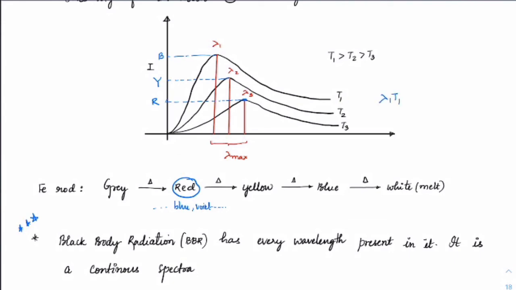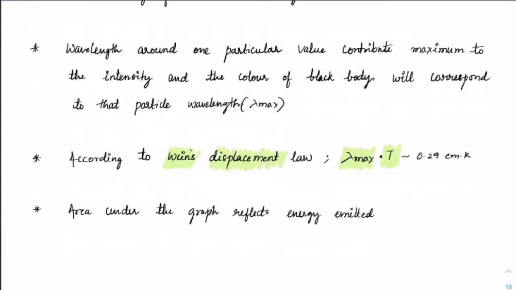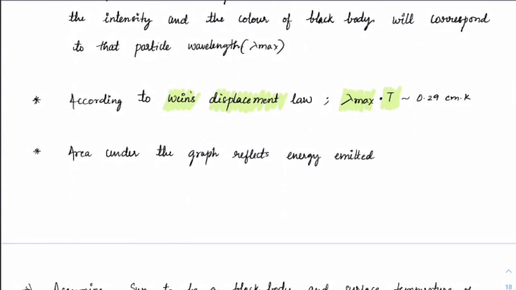Another objective type question was asked: how they are related to each other, are they greater than, less than, and so on. Lambda 1 T1 is equal to lambda 2 T2, lambda 3 T3. It has been found for most of the metals. So this is what Wien's displacement law tells us, that lambda max multiplied by temperature comes out to this value. Okay. Now this would immensely help us understand black body radiation better.